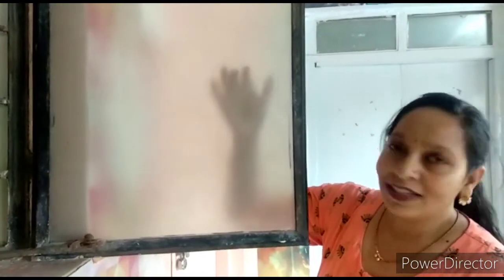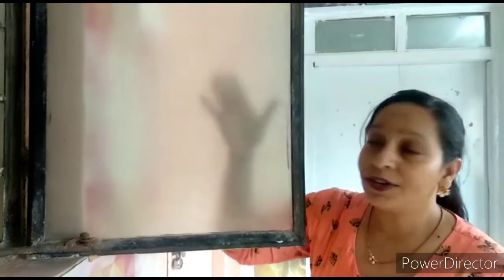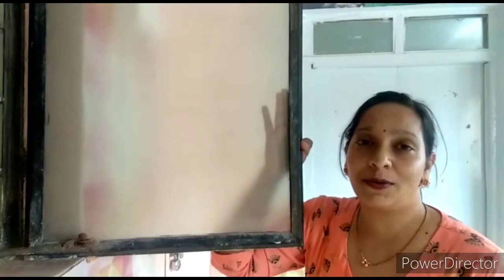Are you able to see through this glass? Yes. Okay. But it is not so clear to you, no? But you can recognize that this is a book. Yes, it is a book. But this type of glass is a third type of object. And what is it, you know? It is a translucent object.